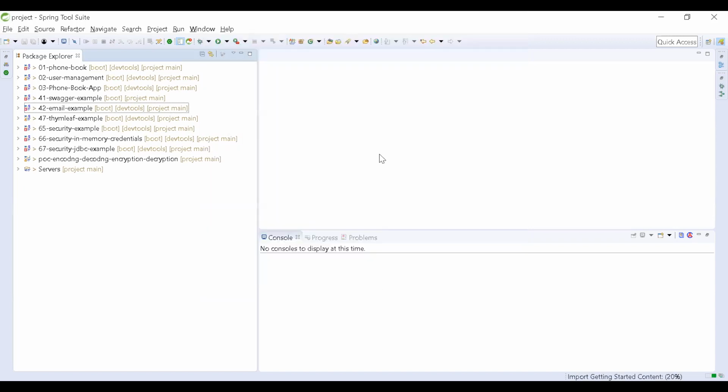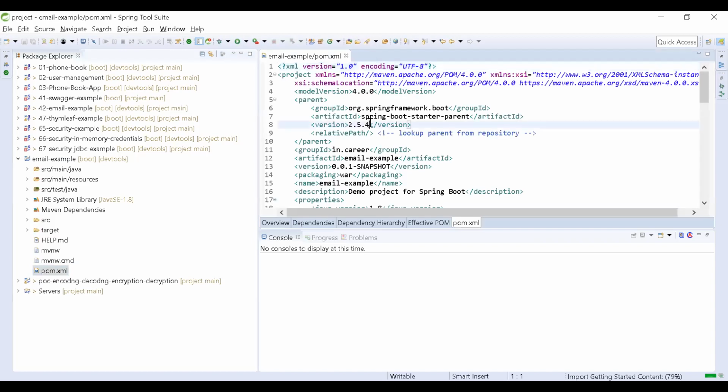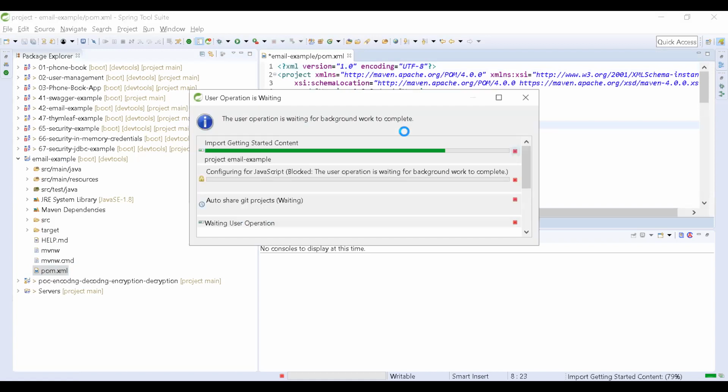So I am going to create the project. Project created, and I'm switching to 2.5.2, not 4. I'm using 2.5.2. So you also have to select this dependency.